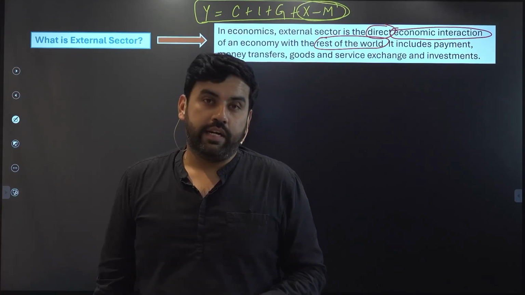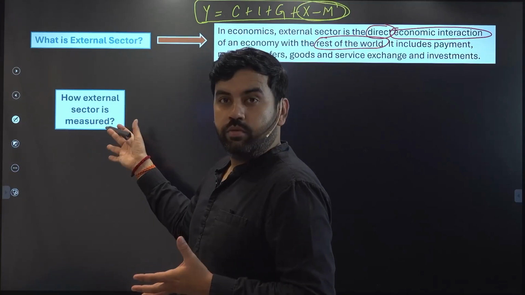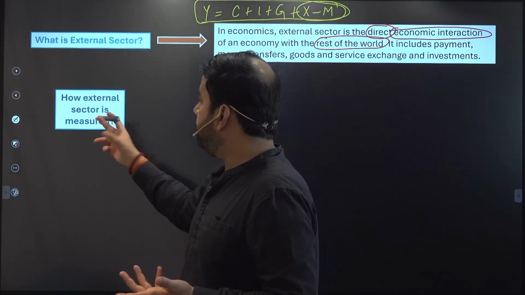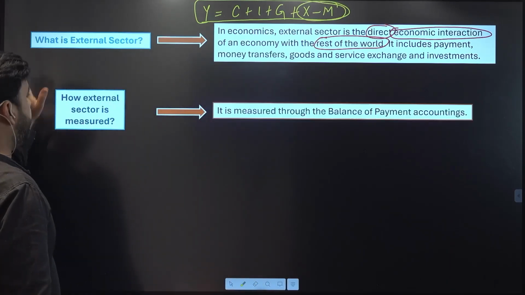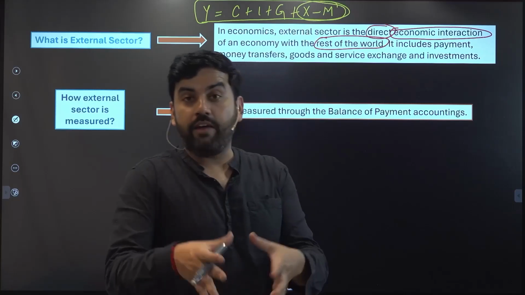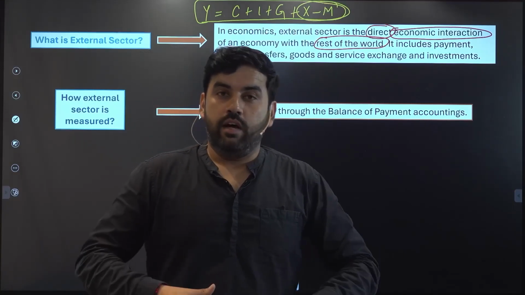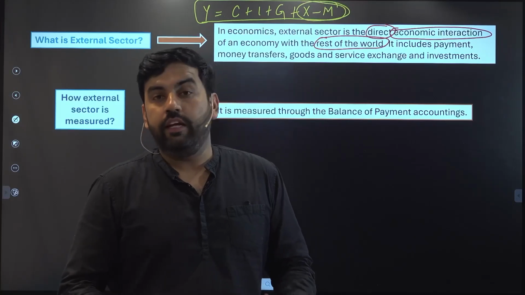So how do we measure that? The question is how the external sector is measured. It is measured via balance of payment accounting. We have an accounting known as BoP accounting, or external sector accounting, and in this accounting we include